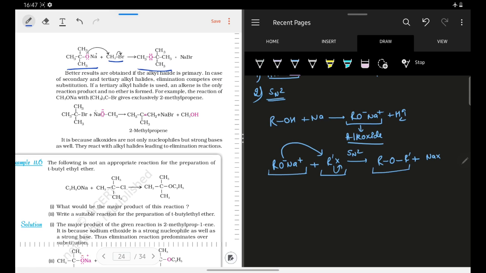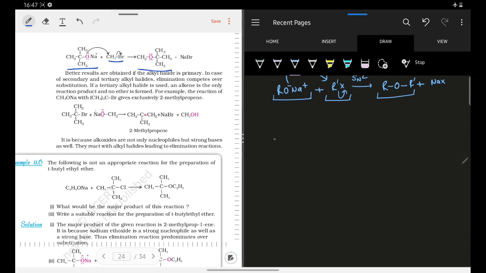Now one of the problems with this reaction is, suppose it gives you this product. It asks you that I have this tertiary butyl methyl ether, and you have to synthesize it. So some people say, what if I take this alkyl halide and I make it react with CH3O minus. This is my alkoxide, and then I will do this SN2 attack. So this reaction will not occur.